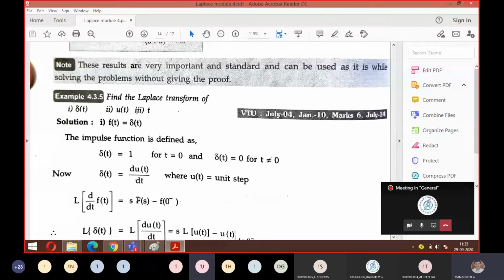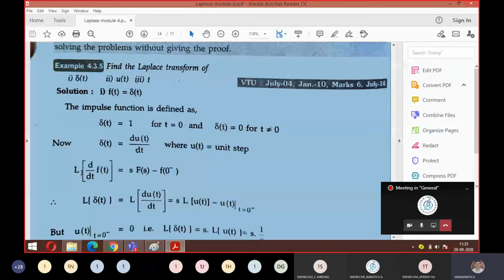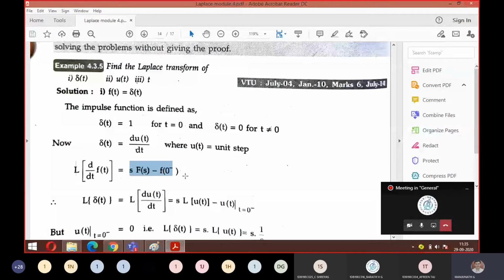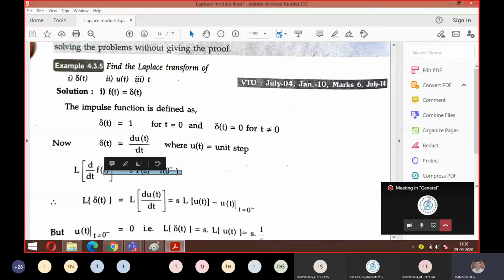Yes, sir. Fine. Now, whenever differentiation comes, I hope everyone remembers the formula of the property. This is your property formula. Which property is this? Real differentiation or real integration? Real differentiation, sir. Good. From the real differentiation property, we already proved this, right? Now we will implement it. So what should I find? I should find Laplace of delta of t. What is delta of t? It is d of u of t by dt, so this has been replaced here.